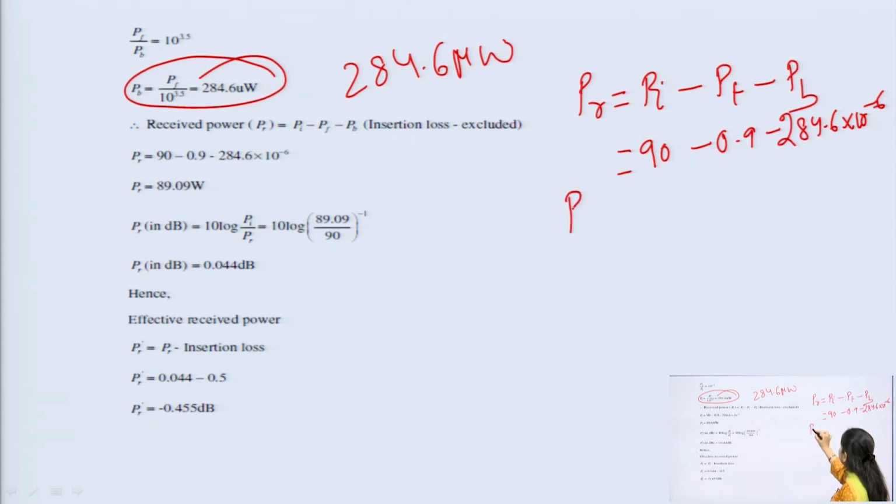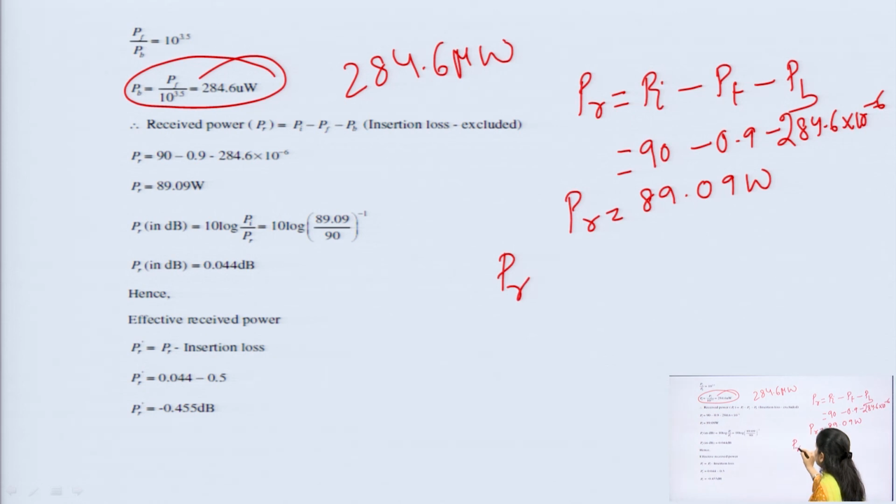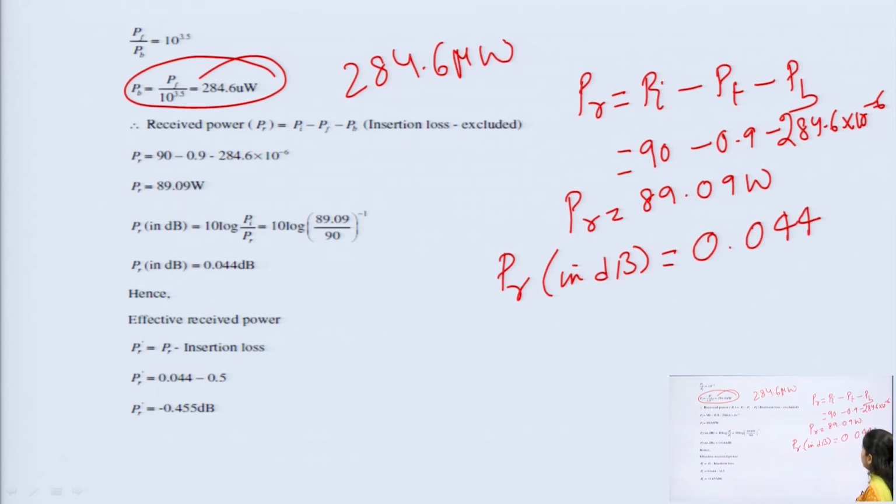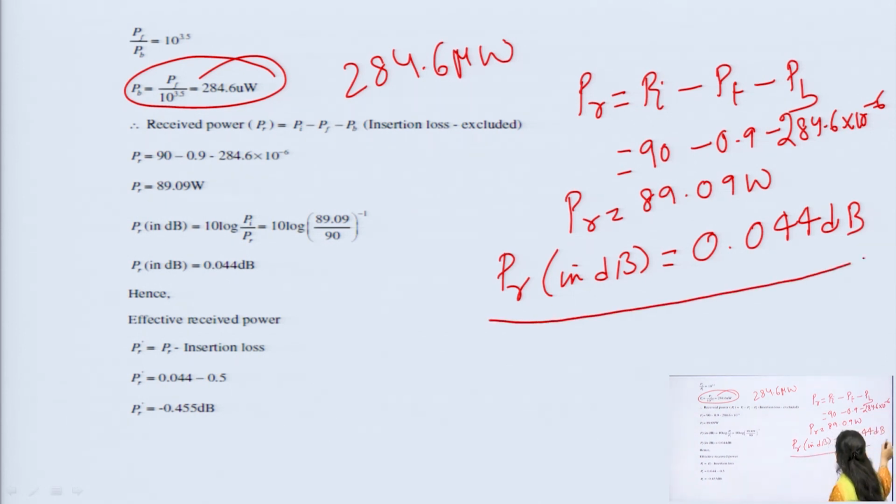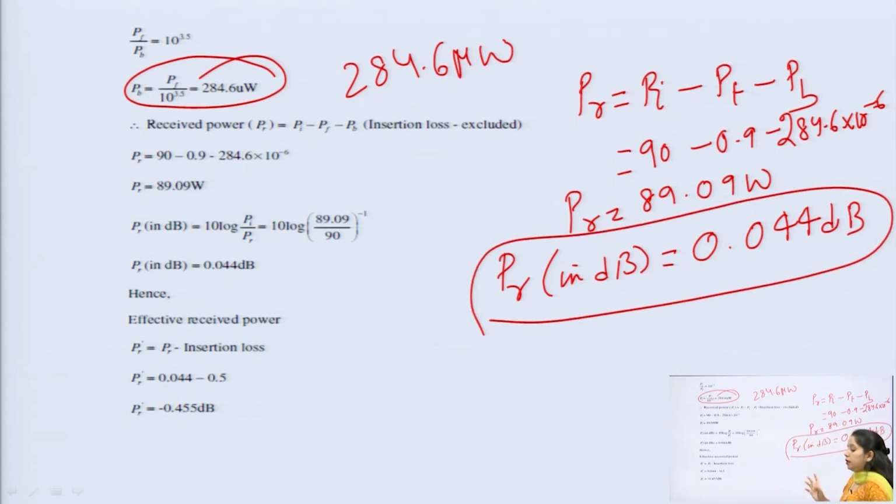By solving, PR is obtained as 89.09 watt, and then we convert that into dB, and by converting this into dB, we get it as 0.044 dB. And another thing, this will be our output at the port 4, that is our through output, but